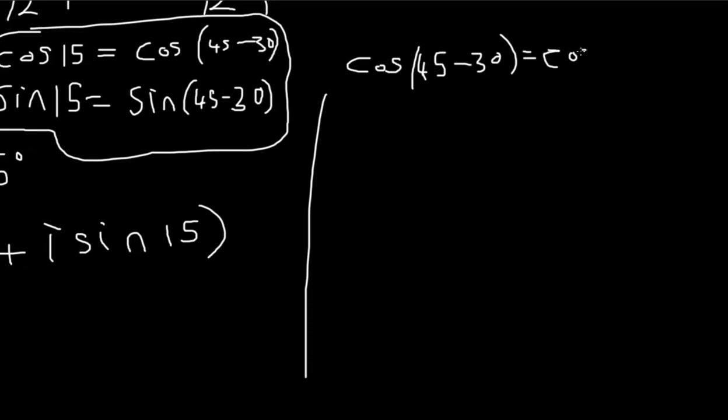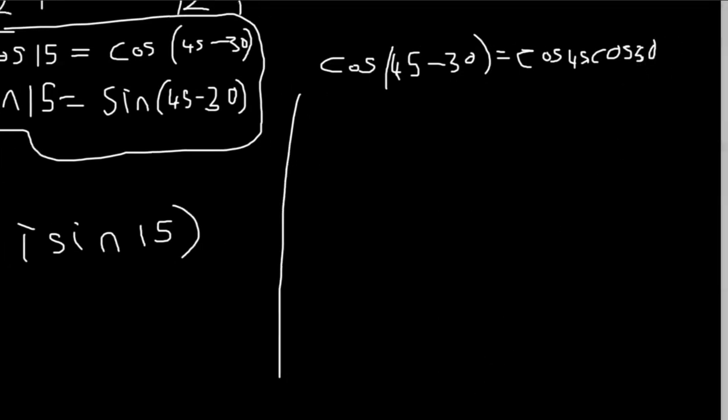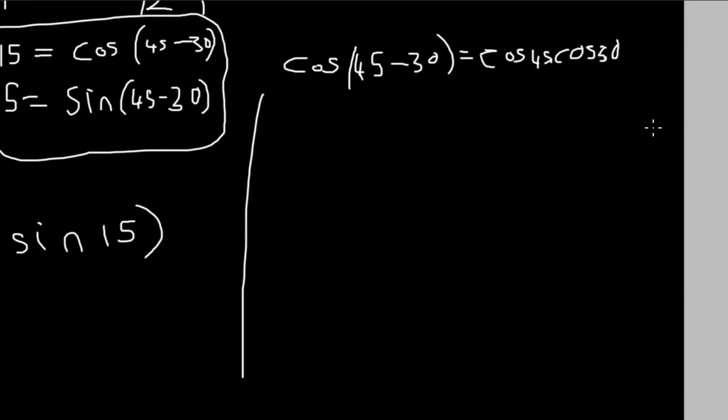So it's cos 45 and then cos 30. So cos 45 cos 30